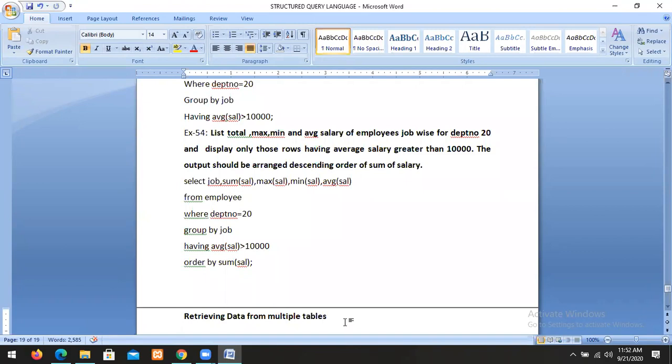Selection and projection are unary operations, which require only one table. Binary operations mean Cartesian product and joins, either equi join, theta join, or natural joins, then outer joins, left outer join, right outer join.